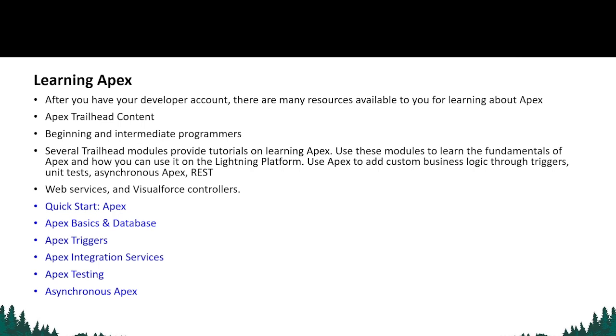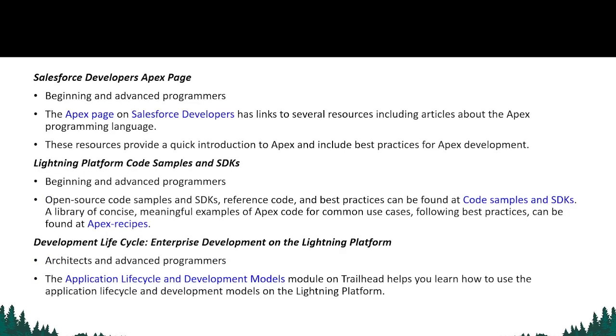We can have Quick Start: Apex, we can have Apex Basics and Database, we can learn about Apex Triggers, we can learn about Apex Integration Services, then we have Apex Testing, and then we have Asynchronous Apex. So when I have to develop a page, the Salesforce Developer Apex page is created, so only beginner and advanced programmers can use it. The Apex page is available on the Salesforce developer account,